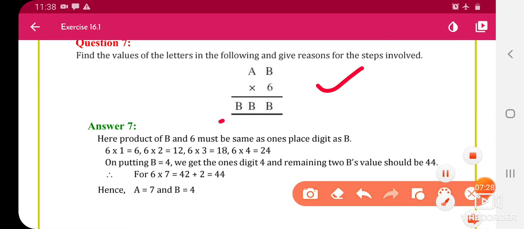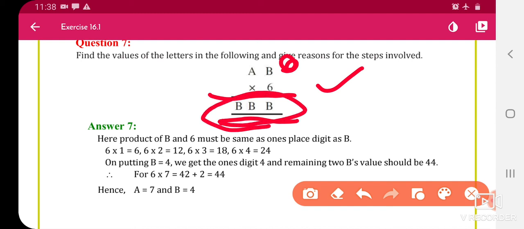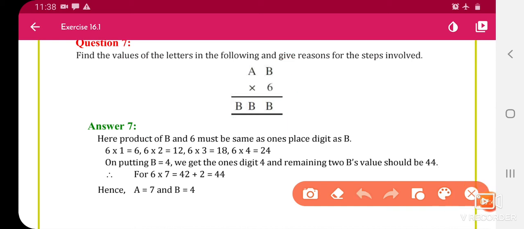Same questions, we have to find the value of B, and we have to put the same value here and the answer is also the same. So which squares are same in the unit place? Which number can we put here? 6 into 6 is the same answer. So firstly when we write 1, 6 ones are 6. Okay, so these are wrong because we need the same here and here. So when we write 6 here, 6 sixes are 36. Okay, 6 twos are 12, 6 threes are 18, 6 fours are 24.